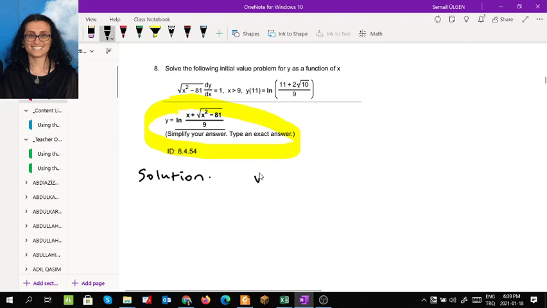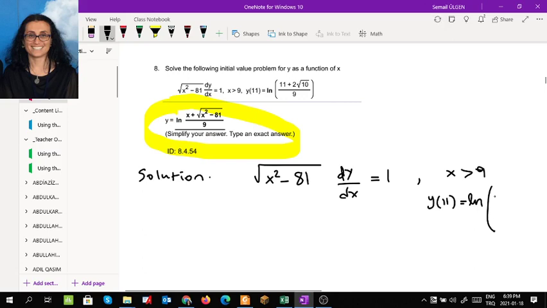Okay, so let's write down (x squared minus 81) dy/dx is equal to 1, and you know that it's given that x is greater than 1, and we are also given the initial value condition y(11) equals ln(11 plus 2 square root of 10) over 9. Yeah, okay, so what you do is